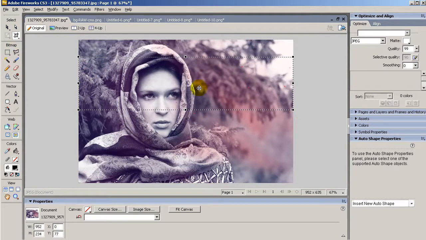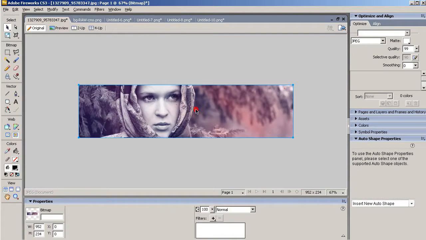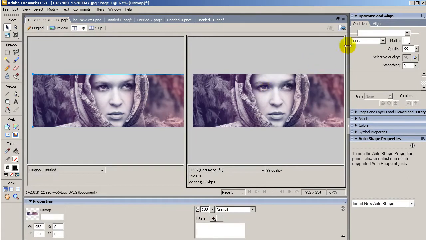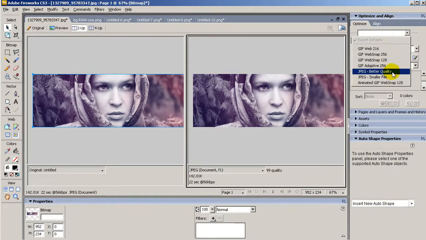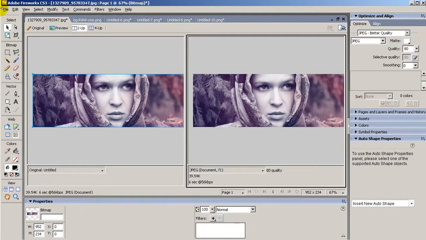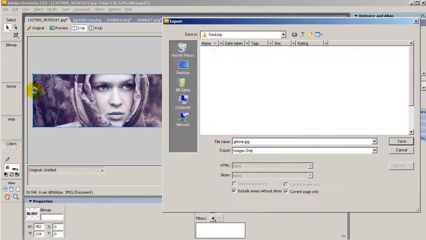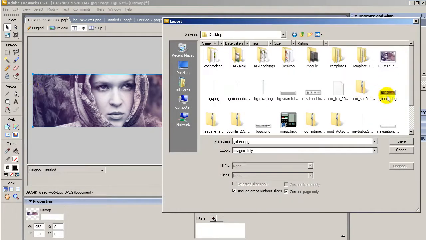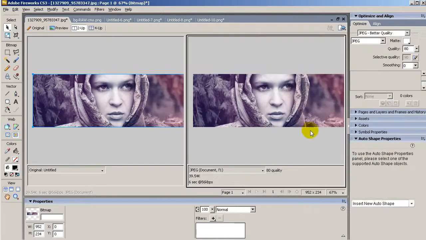There we are. Then we are going to move a little bit down right there, double click, and then we are going to go to second up, and inside the optimize panel, the JPEG better quality. Going back again to file and export, and replace this girl1.jpg, click save, okay.